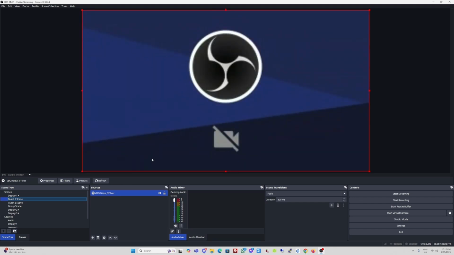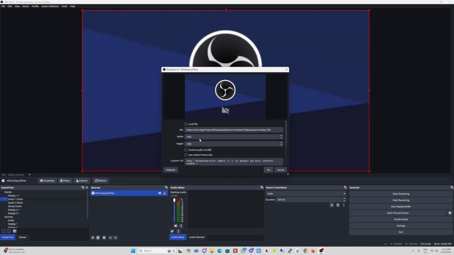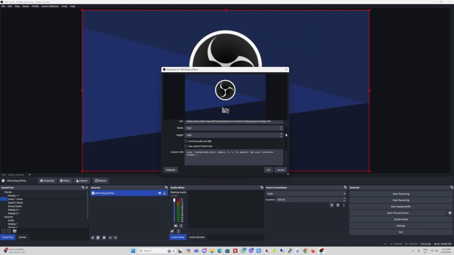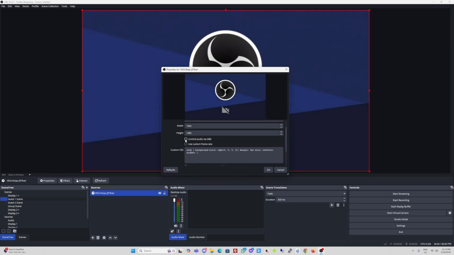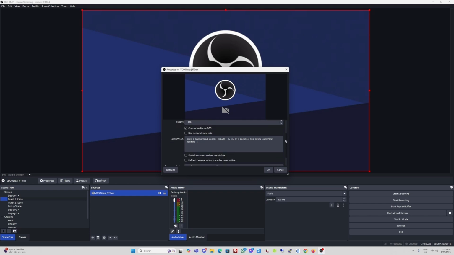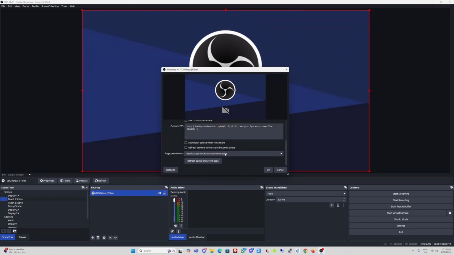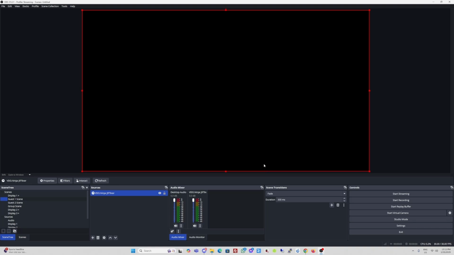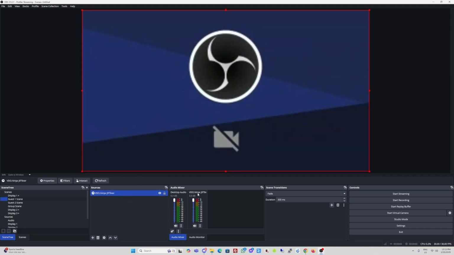Now, it takes a little bit of time for the resolution to come through, but I'm going to go ahead and click properties on that link and just make sure that it's all correct. Now, we want to make sure that we check control audio via OBS, and we don't want to use a custom frame rate, and that's really it. Press OK, and as soon as you do that, as you can see, a VDO.Ninja audio source came about in my OBS. So you've got one VDO.Ninja audio source, and now the same thing,